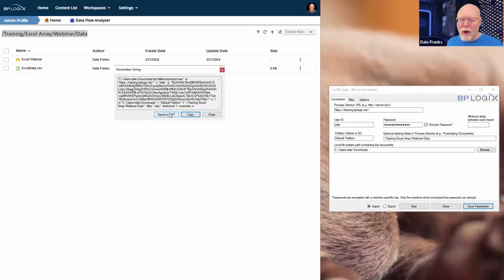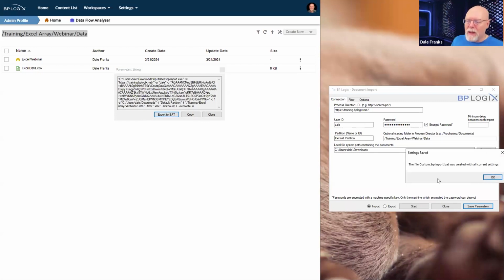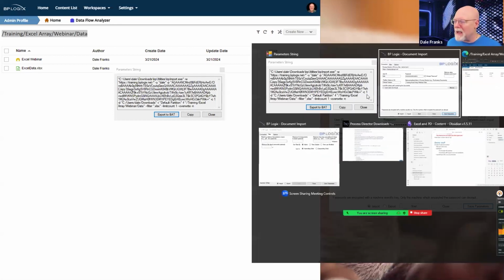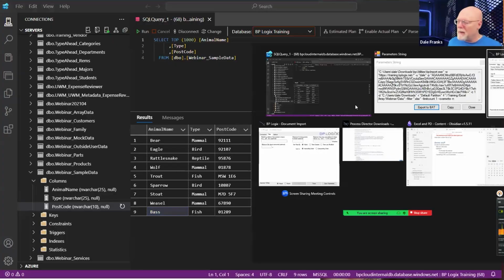If you wanted to create your own batch file, you would just have to use copy to copy the information, open up a text file, paste it in there, and save your batch file where you are. But I'm just going to go ahead and use export to BAT because it is going to create a custom underscore BP import.bat file. And it's going to create it, as I said, in the same folder where my utility file is, and that is in a subfolder of, well,